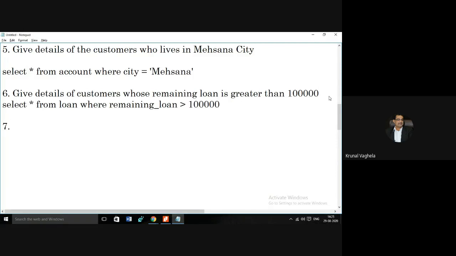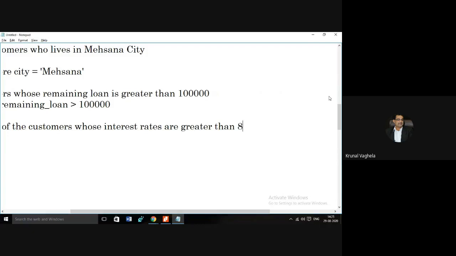Let me run. Give account numbers of the customers whose interest rates are greater than 8%.